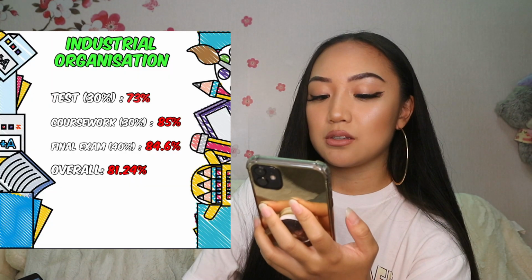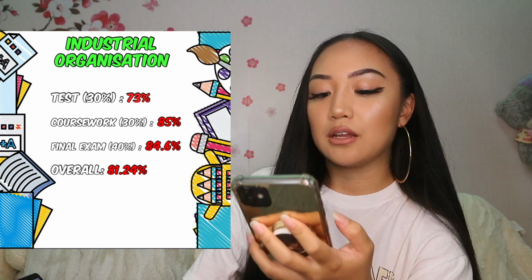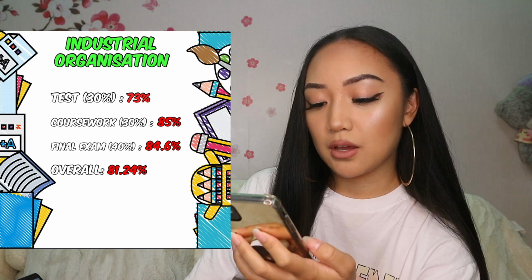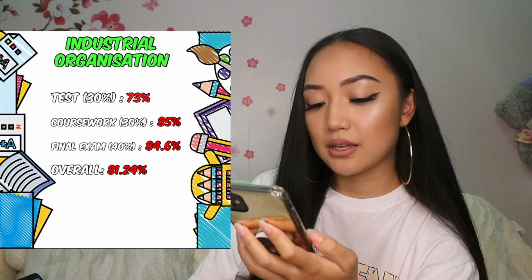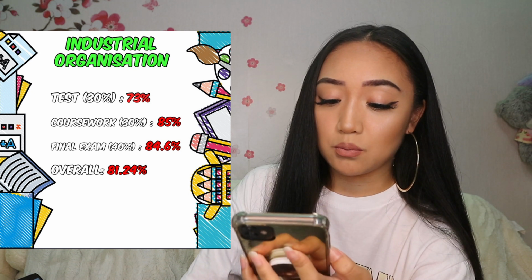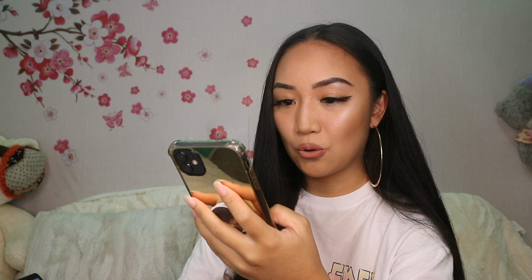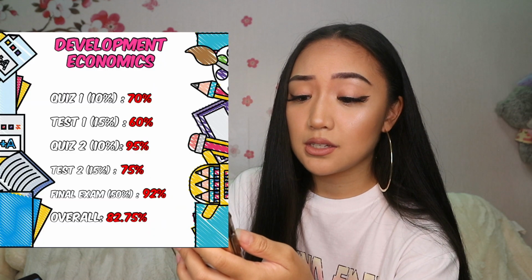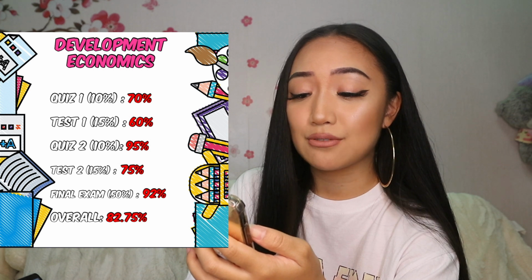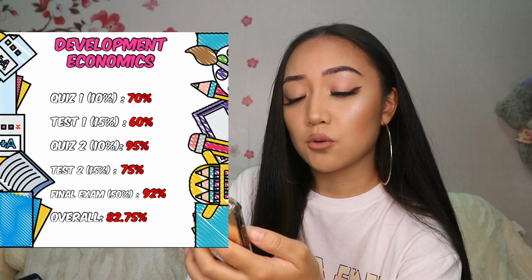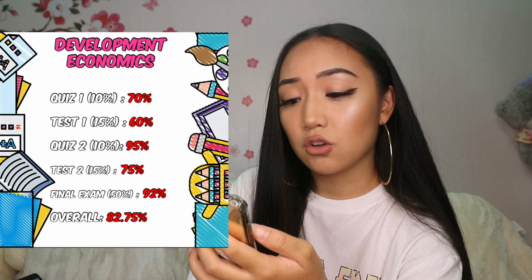For industrial organisation, there was a test that's 30%, I got 73%. Coursework, that is 30%, I got 85%, and a final exam which is 40%, I got 84.6%. So overall I got 81.24%. For development economics, for quiz 1 I got 70%, quiz 2 I got 95%, for test 1 I got